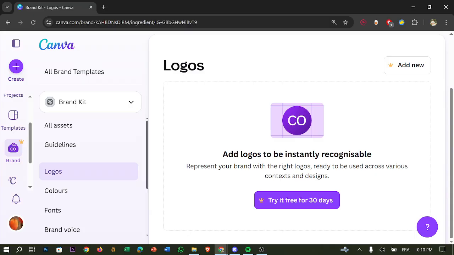So go to your colors section, click add new color, enter your color code and repeat for all brand colors. Example structure: primary color, secondary color, accent color, okay? So most brands use two to four main